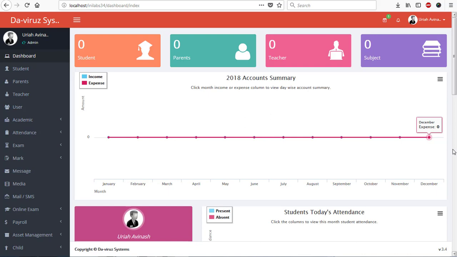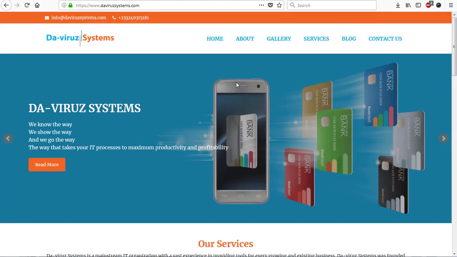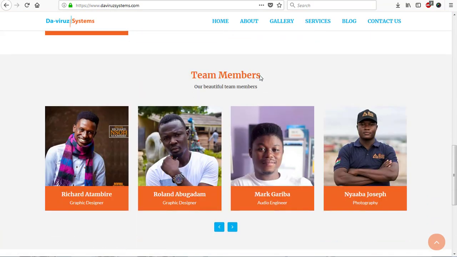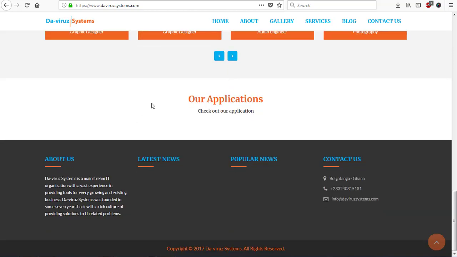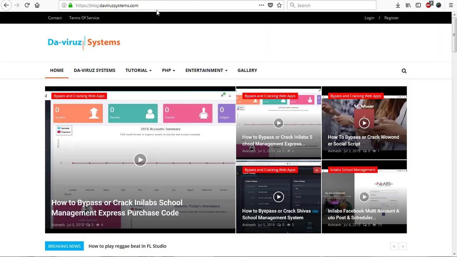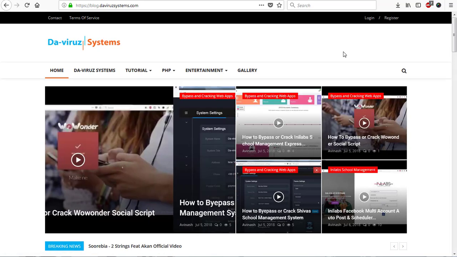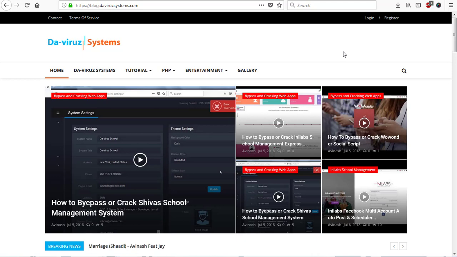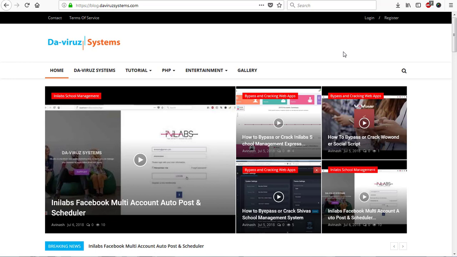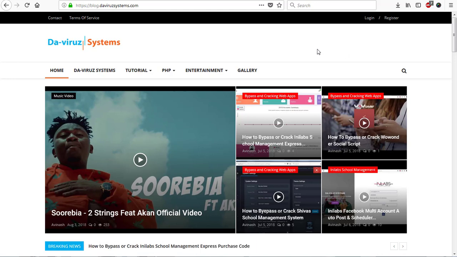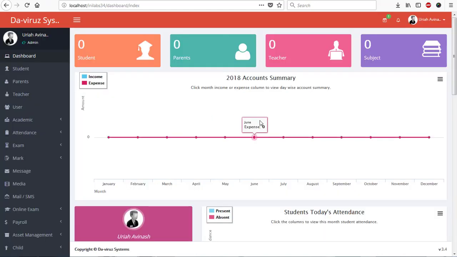But before we go to that, let's have a look at the Virus System site, which I have here. You can visit the site, see the services they carry out, and their team members. And then our blog is here, where you can have news, tutorials, and applications to download that you need. Applications that are pre-installed already, others come with an installer, then others are nulled that you can download and then use on your local machine. So without wasting my time, let's dive into seeing how to set our local time zone in